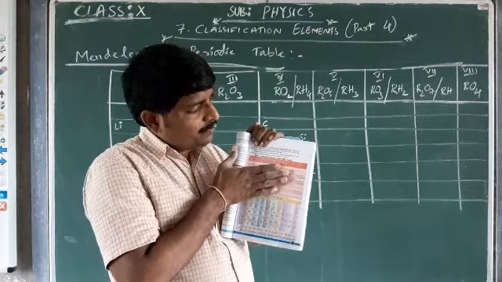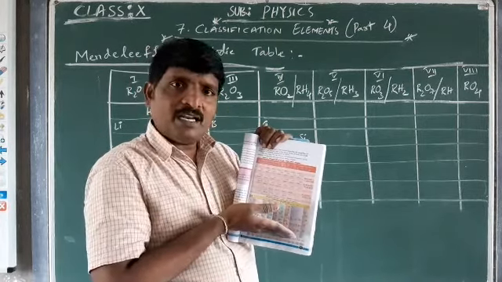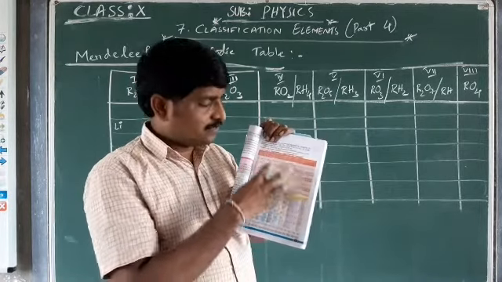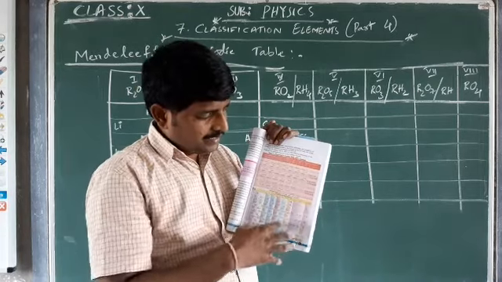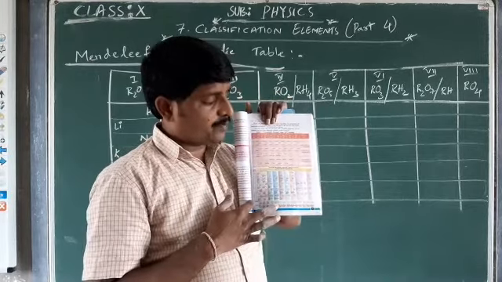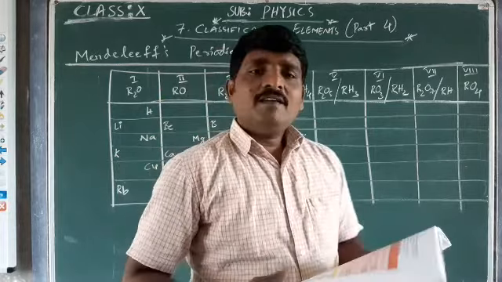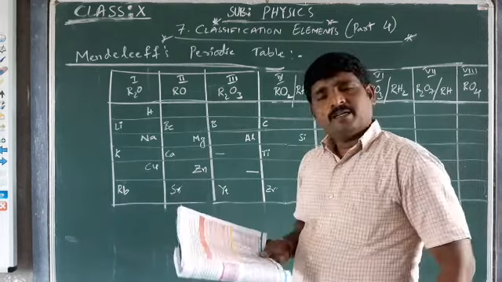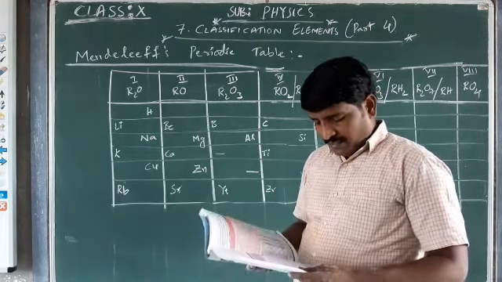The same table was published in 1871. Mendeleev himself made some changes to the old version of his periodic table, and prepared the table in this format, the 2a form. See, what are the features of this arrangement of this periodic table of Mendeleev? That's what we will have a glance at here.